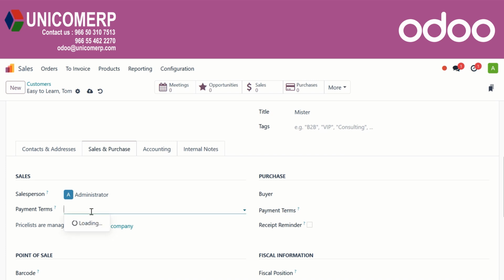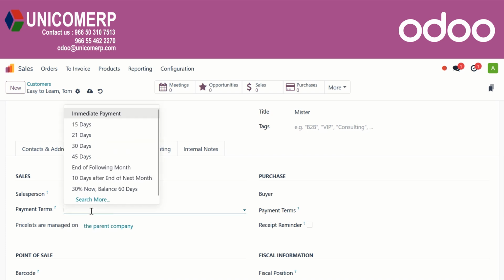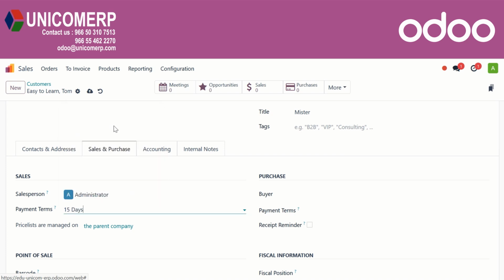So you can set a default payment term for this person. Whether it's an immediate payment or 15 or 30 days, whatever it is. You can choose a payment term for this person. So, this payment term will be used instead of the default one for sale orders and customer invoices. That is, if you are mentioning 15 days and you are using this person inside a sale order, this payment term will be taken there in that sale order.